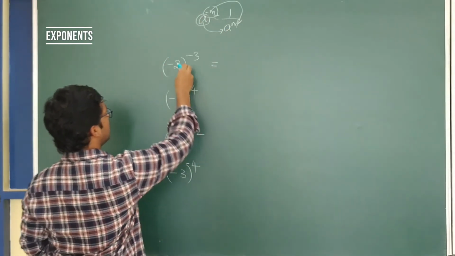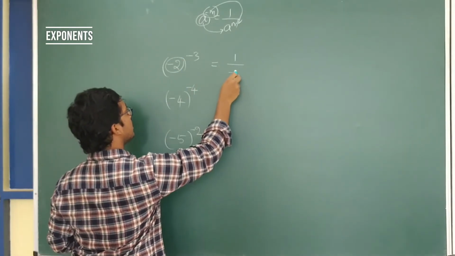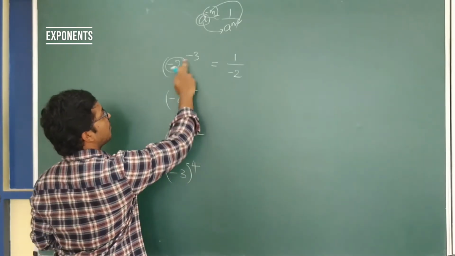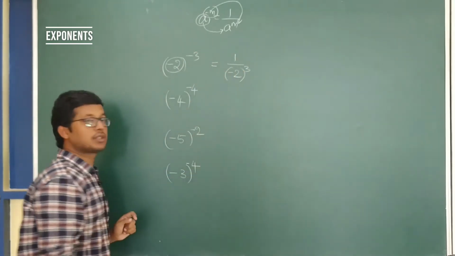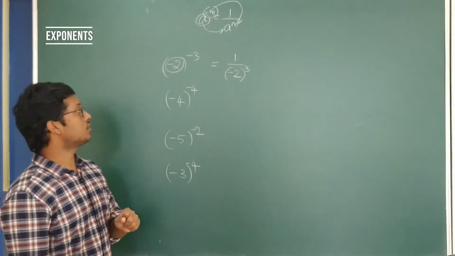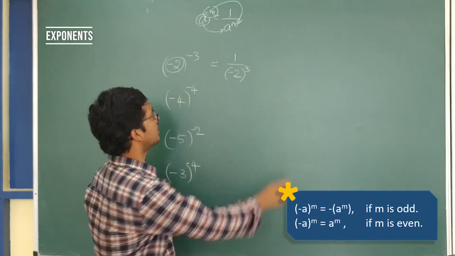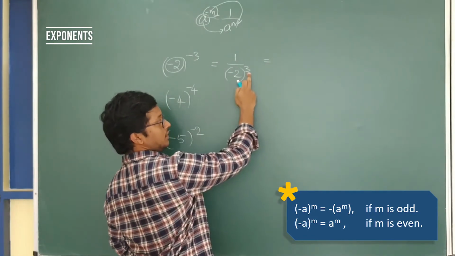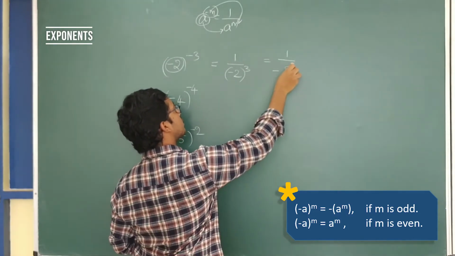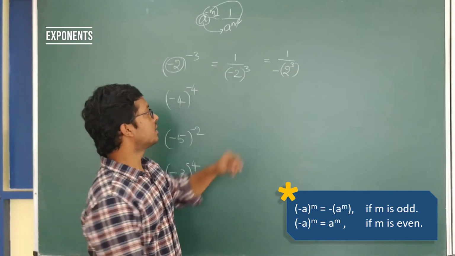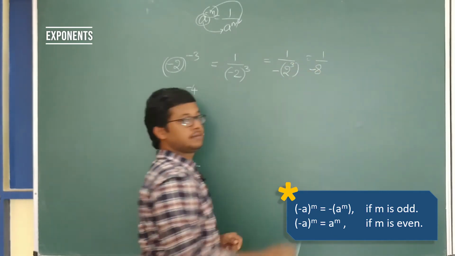So this will now be equal to, as I said, the base comes as it is, nothing happens to the base. So it is 1 by minus 2, and the power, which is negative, when brought to the denominator will now become positive. So it will be 1 by minus 2 whole raised to 3. Earlier we saw how to solve this one. If the base is negative and the power is positive and odd, then the answer will always be negative. So I can write this one as minus of 2 raised to 3. So minus of 2 raised to 3 is 1 by minus 8.